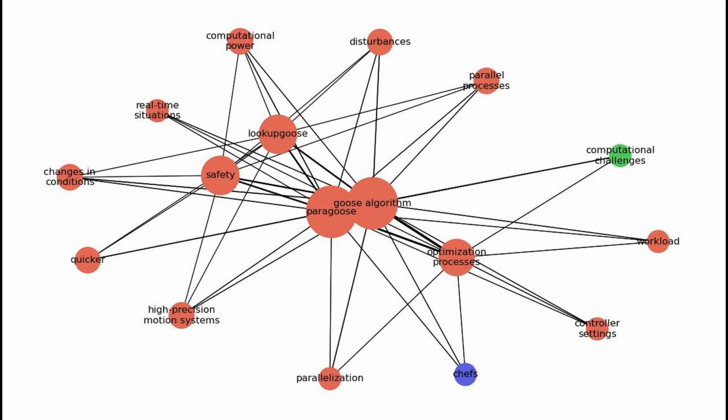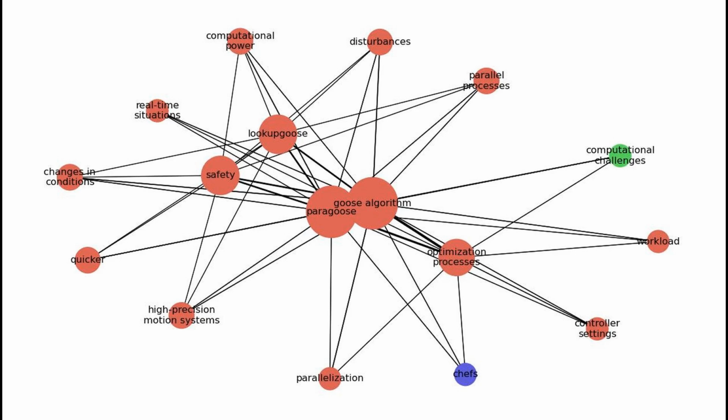which helps speed up finding the best controller settings. Each process works on a different set of tasks, and they share the workload, making the overall process more efficient. On the other hand, lookup GoOSE optimizes for the entire task grid when switching phases, but it is more computationally